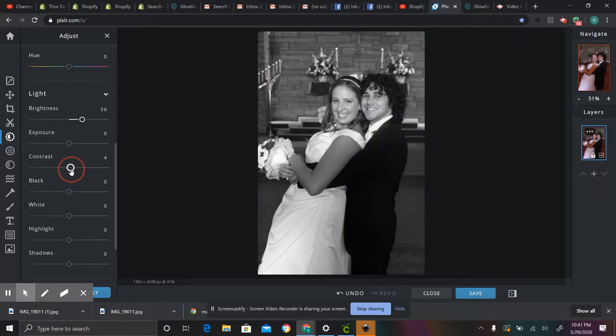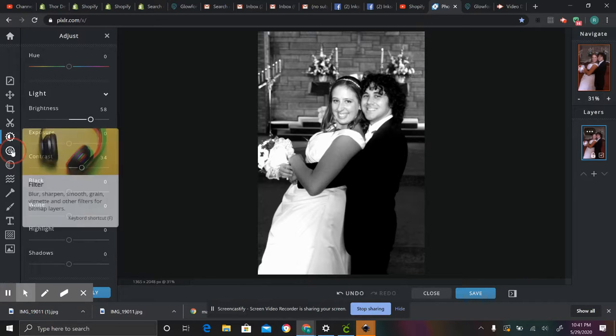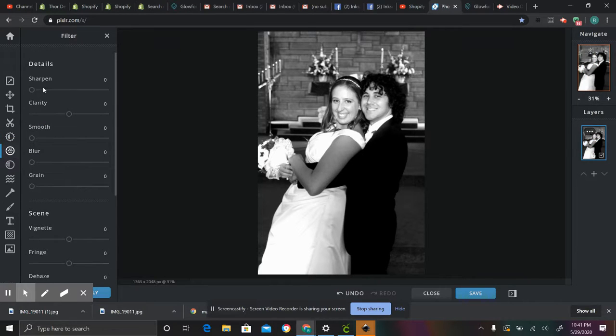I don't want it to be super high contrast because I want them to be able to see the difference between his pants and the rest of his suit. But increasing the contrast is usually really helpful with that. So I'm going to say that that's somewhat where I want it to be. I might sharpen it a little bit,